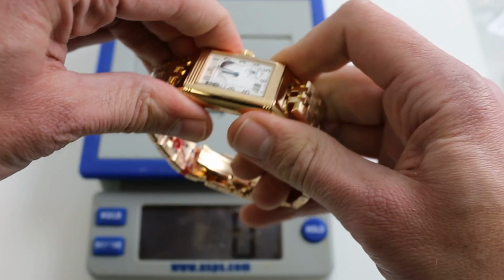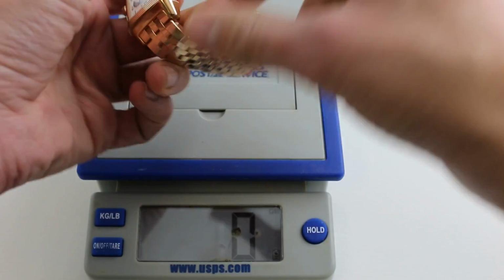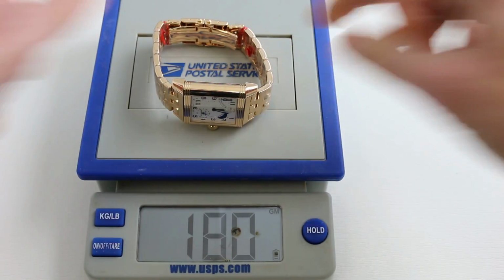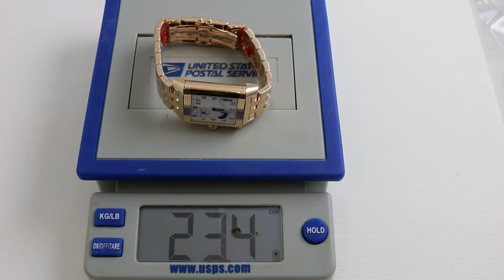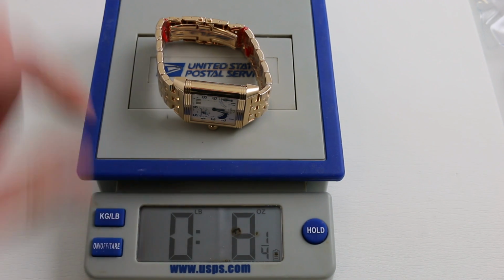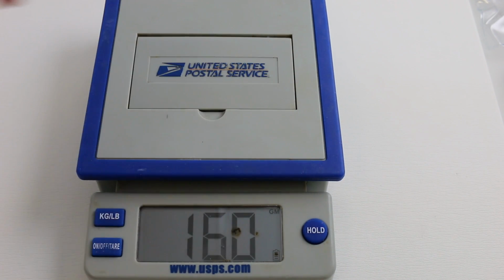So what does all that add up to? Well, on the scale, the Septantième full rose gold with rose gold bracelet registers 234 grams, and for those Stone Agers in the imperial system countries like myself, just over half a pound, 8.3 ounces. But we've still got a ways to go,